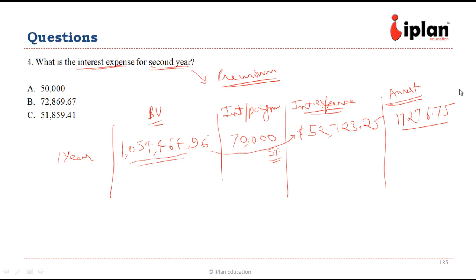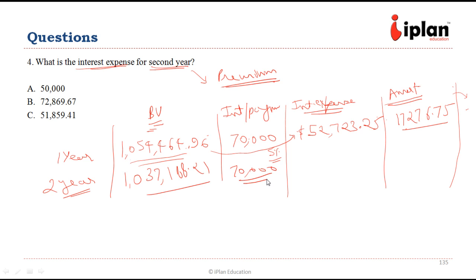That will give us the book value at the end of this period or the beginning of second year. So at the beginning of second year, the book value is going to be this minus amortization. So when we take the difference between these two, we get 188.21. Now again the interest payment is going to be the same, 70,000, which is based on the coupon rate